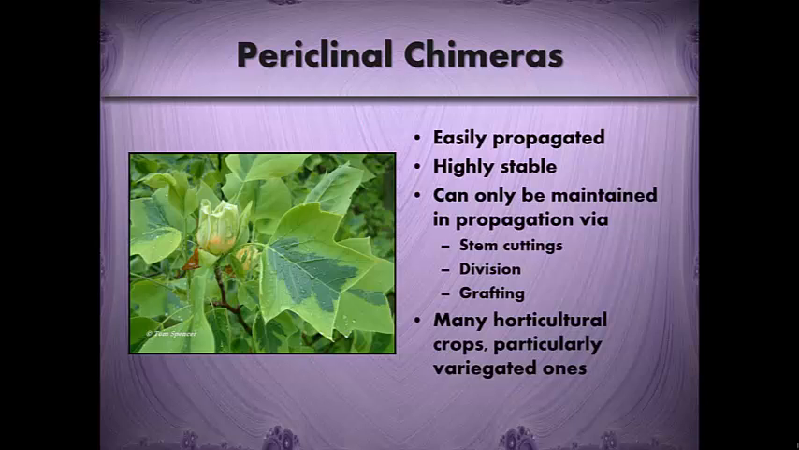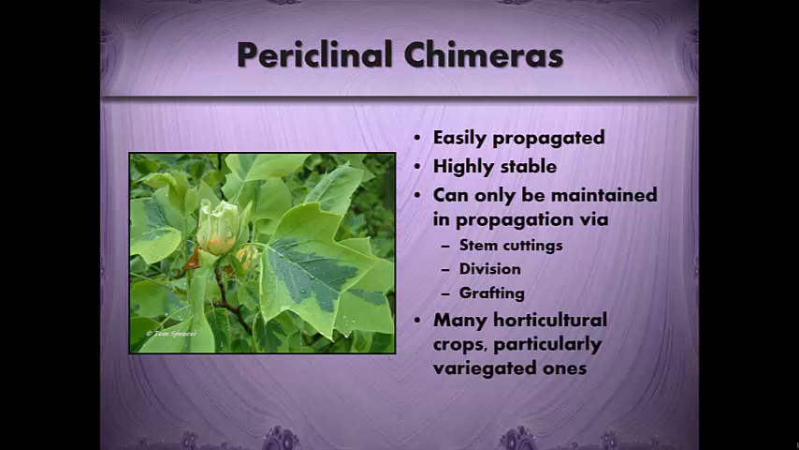There are a lot of horticultural crops that are periclinal chimeras, particularly variegated ones like the variegated tulip poplar in the picture here. Usually that's a result of a mutation in L1, that outermost layer of tissue, and as a result of that, we get these variegated leaves. So sometimes the mutation is that L1 doesn't produce chlorophyll at all, or maybe not as much chlorophyll,